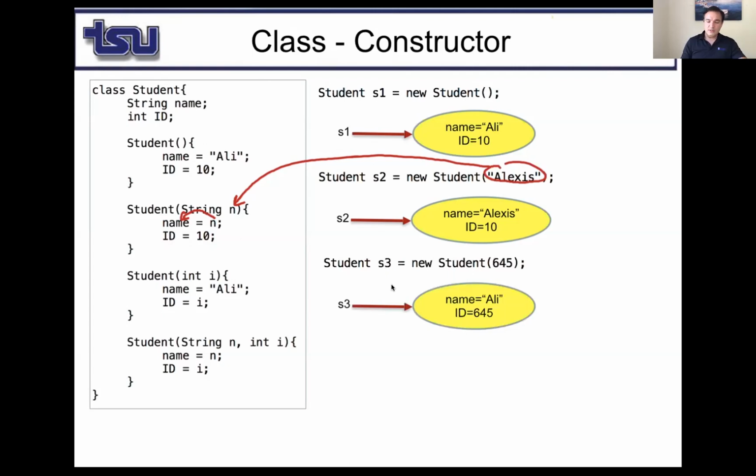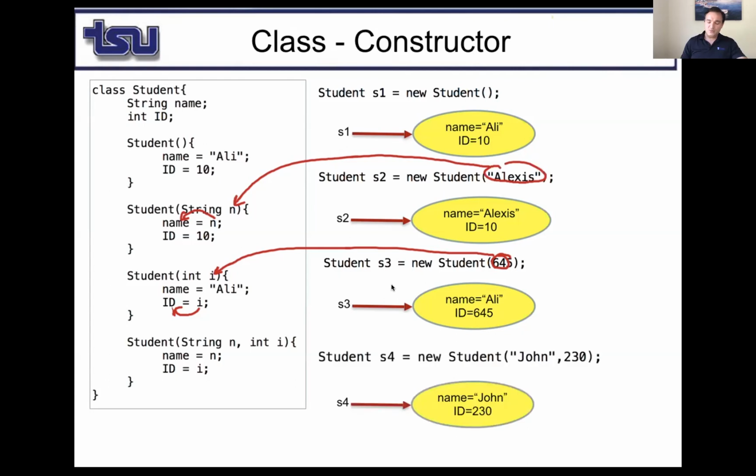How about this one? This time I have S3 new student 645. That's an int. So Java is going to say, okay, do I have a constructor that takes an int as input? Boom, right there. Therefore, this 645 is I, okay? And then I is assigned to ID. So S3 points to memory space in which I have name and ID, and name is Ali, and